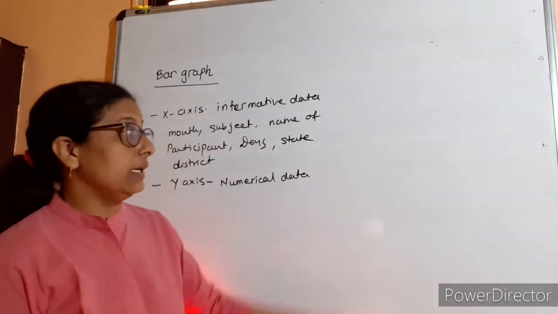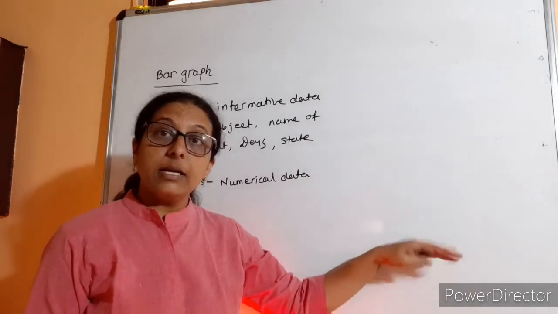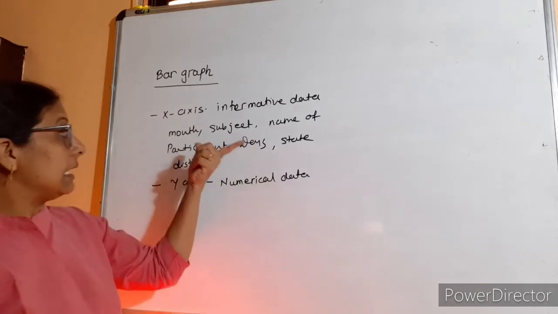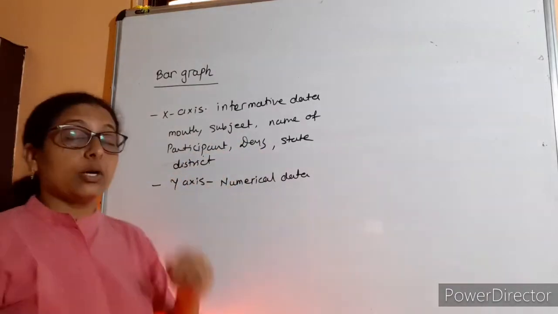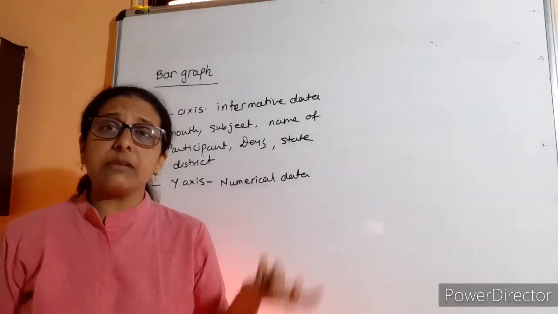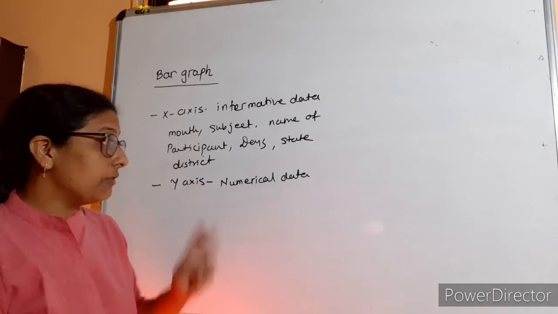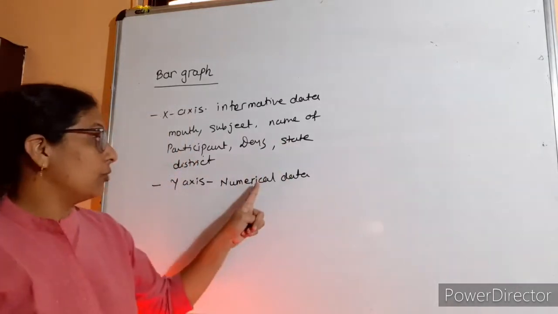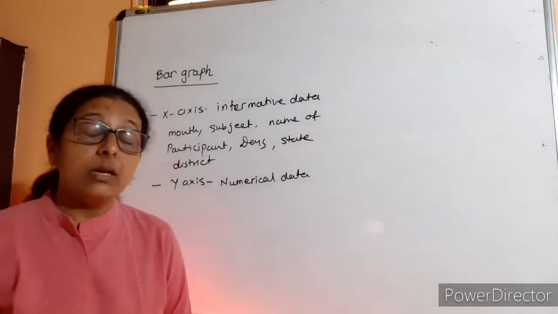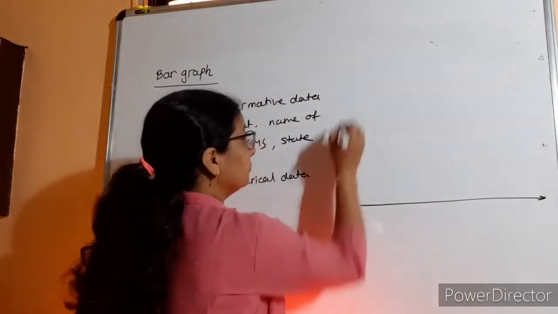Always we will take the vertical bars so that we will take this data on the x-axis while this data on the y-axis. And we can find any information from the bar graph, right? Okay, the width of the bar that we will decide, the length of the bar is according to the numerical data. For example, here is one bar graph is given,